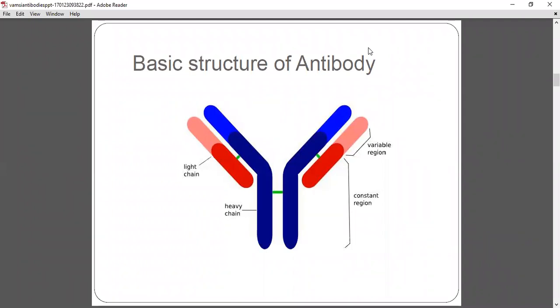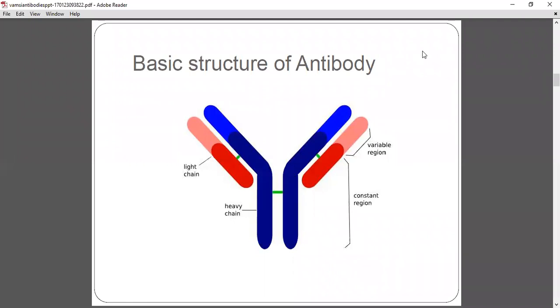Now, you can see that 2/3 of the blue Y-shaped structure of the antibody, the heavy chain, seems to be dark blue. And the outer portions of the arms are light blue. Similarly, if you see the tubular, smaller short chain, you have a thicker, more densely colored 2/3, which approximates the lower portion of the arms of the heavy chain, and a lightish area. This is crucial to appreciate